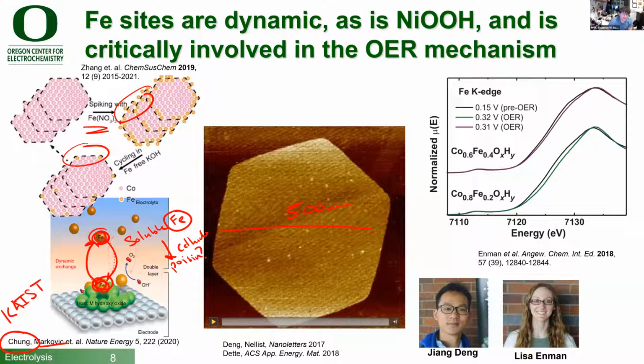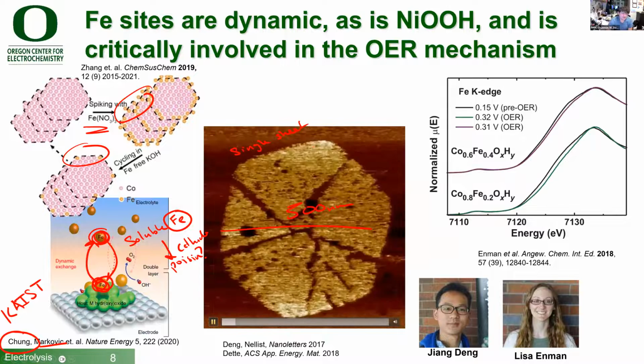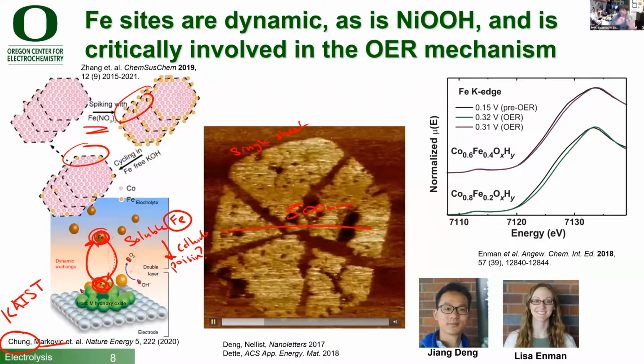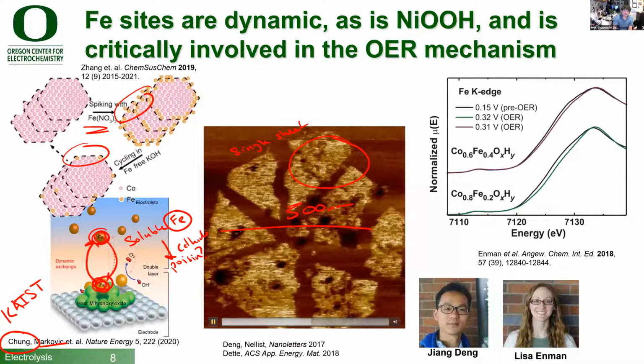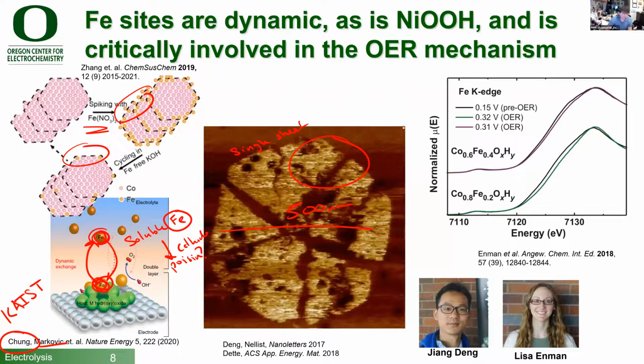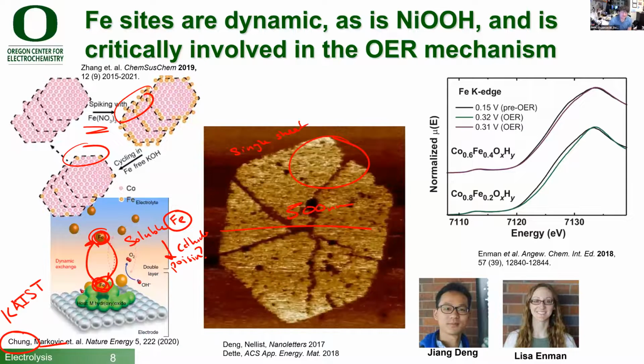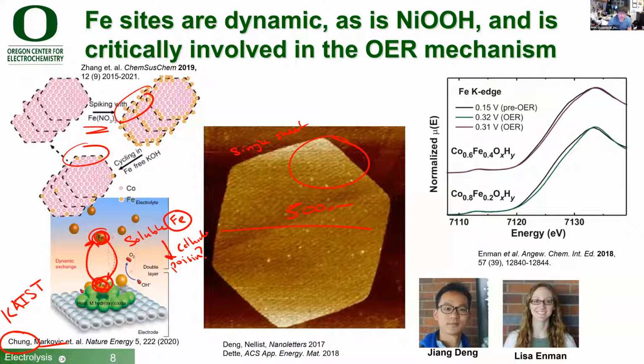This is an AFM image of a single sheet of that 2D structure laid on a highly oriented pyrolytic graphite surface. And if you do an AFM scan of this material as a function of catalysis, as you start driving catalysis, the whole sheet is breaking apart and the atoms are moving and reforming. There's a lot of dynamics going on. And so again, understanding those dynamics, which catalysts, which compositions are able to have a lot of mobility of the ions, which ones are more static,